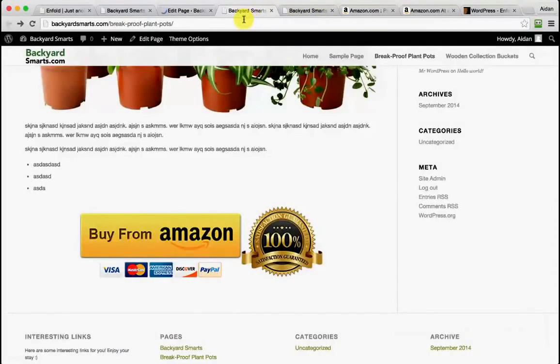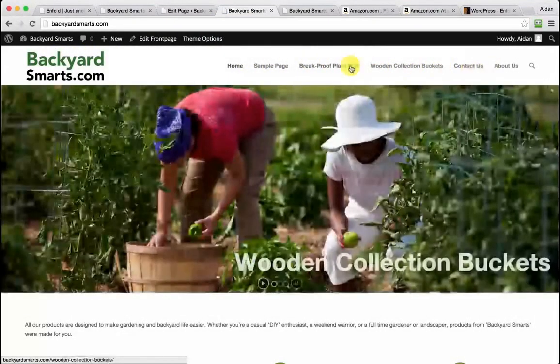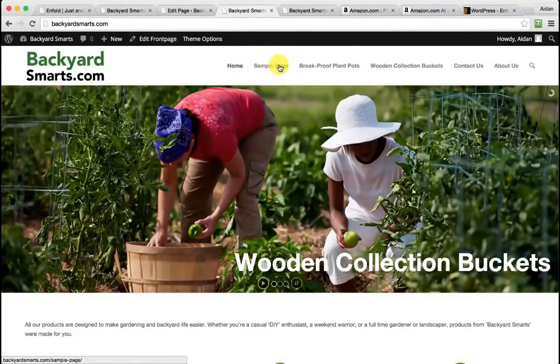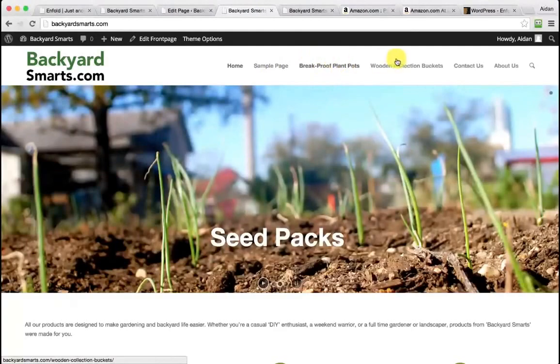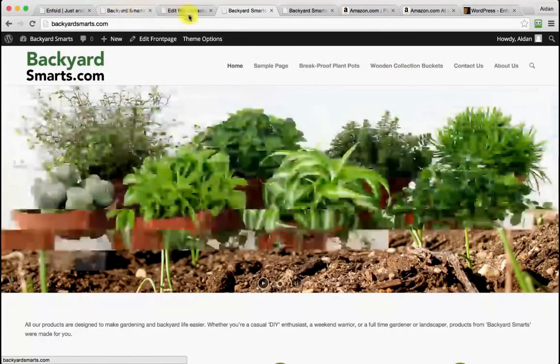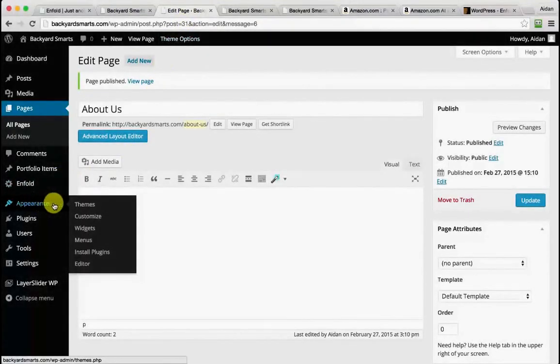So right now, if I come back to the home page here, you'll see that we've got a whole row of pages. That's not really what we want up there. For example, sample page, we definitely don't want that displayed there, and maybe we don't want individual product pages displayed there either. So the way that we customize that is to come to the